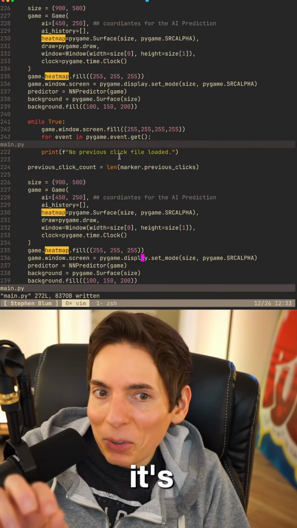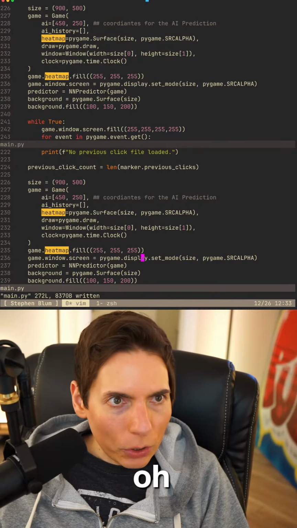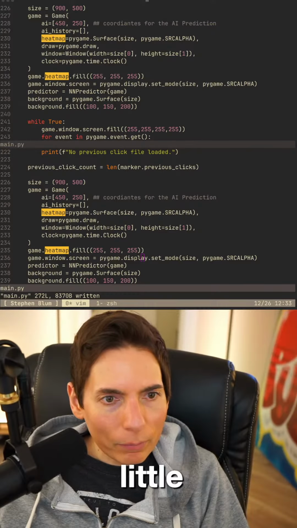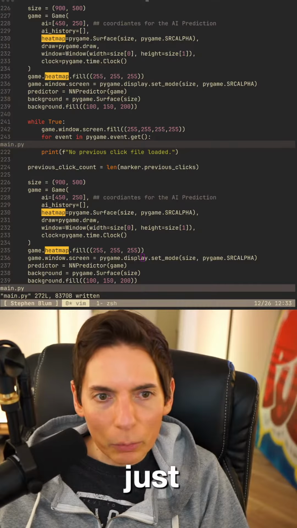If it's written properly, would you turn off the music? Oh, sure. I reduced the music a little bit. Sorry. There we go. All right, so we'll do a little bit of background music. Just a smidge. I'll just make it a little bit lighter.